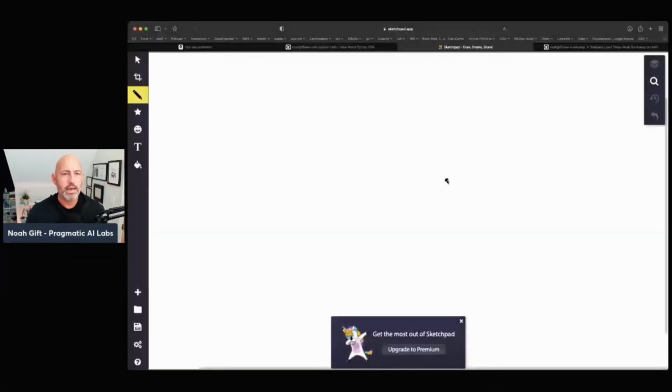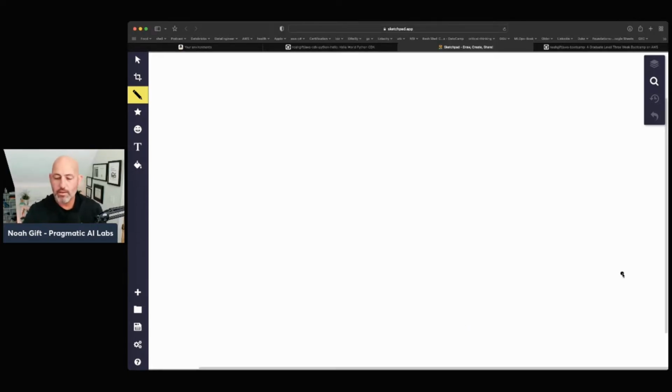So to start with, I think I'll just walk through an overview of what it is. So I'm going to go ahead and share my screen here. And I'm going to bring up in Sketchpad an overview of what infrastructure as code is. And I'll bring up my tablet here just to do a quick overview of what infrastructure as code really is. So here's a good example of what infrastructure as code is.